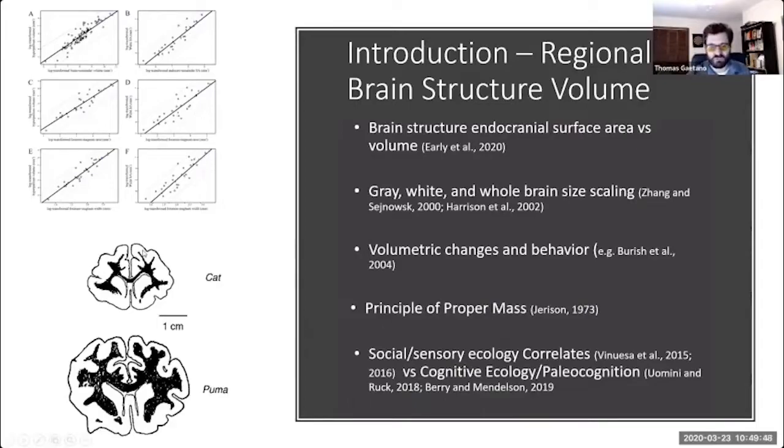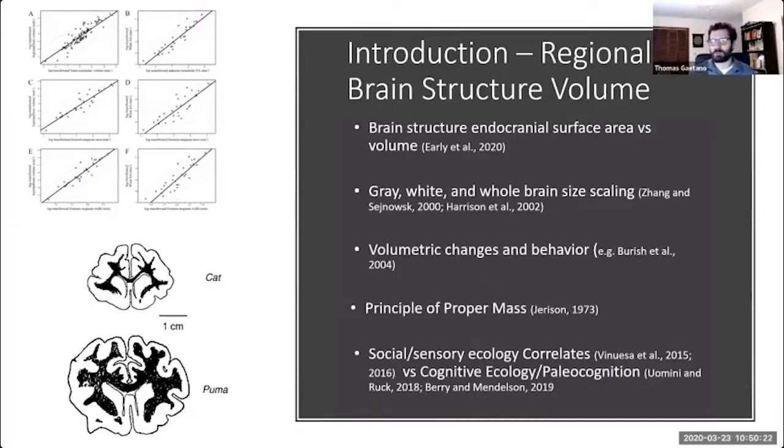What researchers found is that when the overall brain size gets bigger and when the volume of gray matter gets bigger, the white matter that's internal to the brain, which kind of serves as the internal wiring, the connectors between neurons, gets disproportionately bigger. So the implication there is that the bigger the brain is and the more gray matter you have in the brain, the greater volume of white matter that you need.